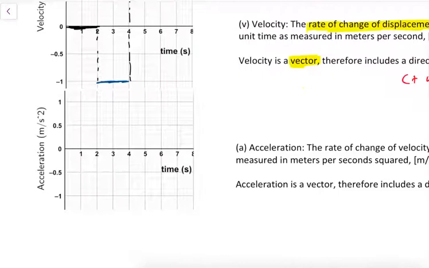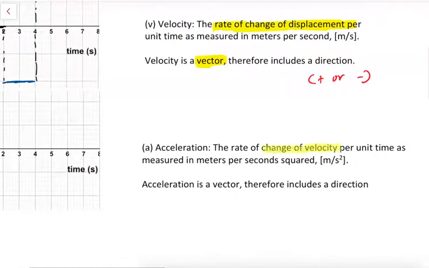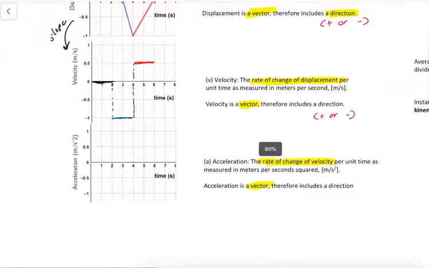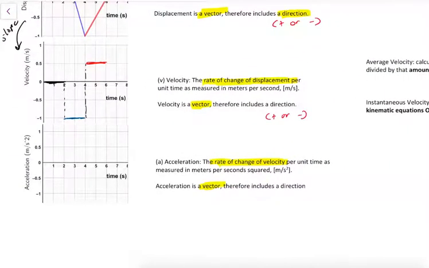Okay, going to acceleration, and this is what we also did last semester. It's the rate of change of velocity per unit time. So again, we're looking at a slope of a velocity time graph. And since it's a change of velocity per unit time, and velocity is a vector, then acceleration is also a vector. Now in this case, there's no acceleration going on, so we pretty much have a flat zero acceleration. So uniform acceleration,